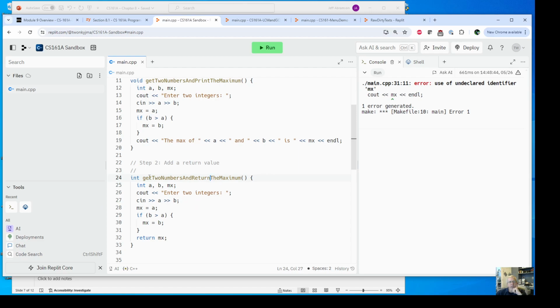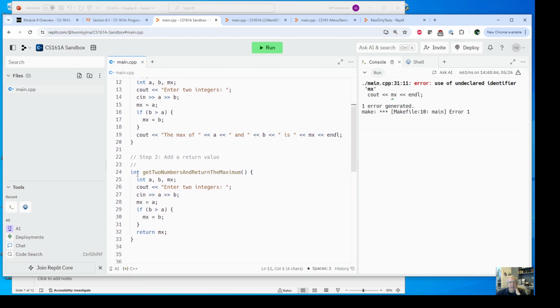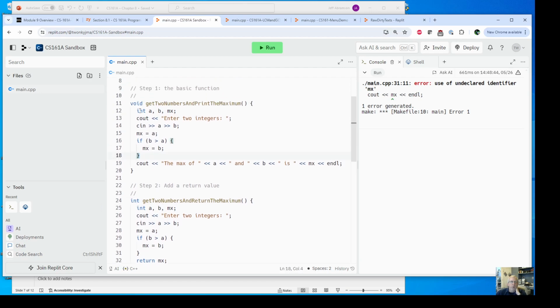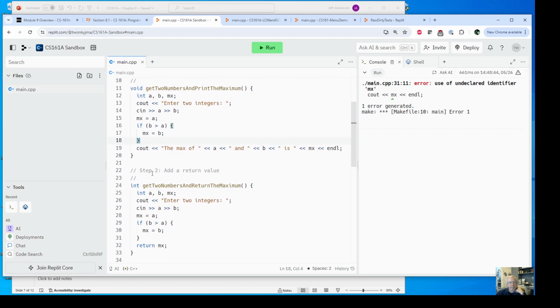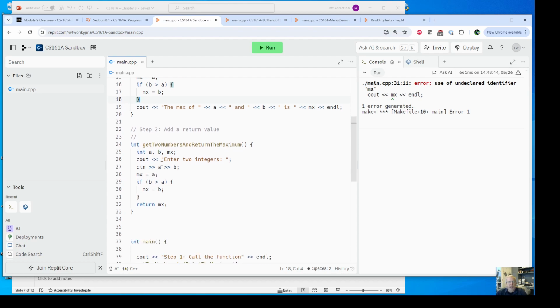The first thing that I've done is I've changed what's before the function name from void to int. What void means is my function does not return something. It's void of a return. Okay? Sorry about the barking. In step 2, I'm saying that my value that I'm going to return is an int value. Okay? And so now,